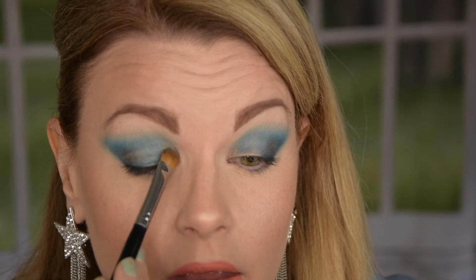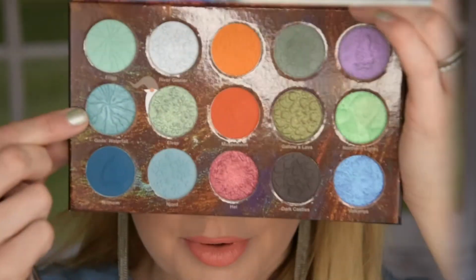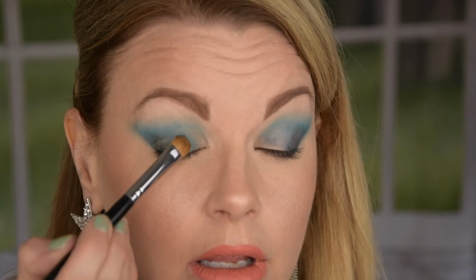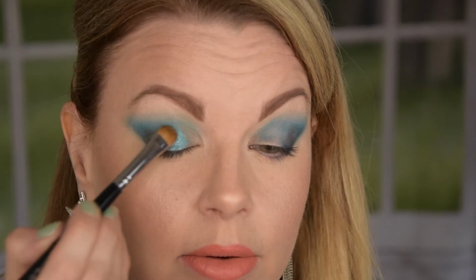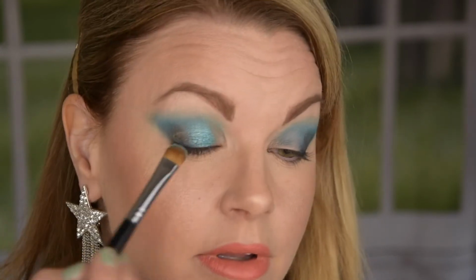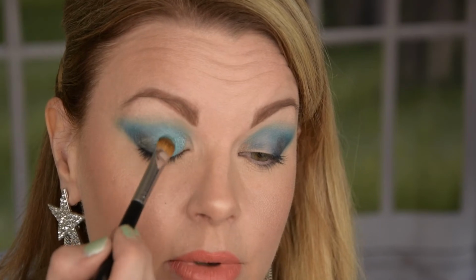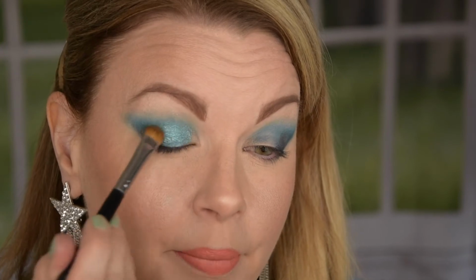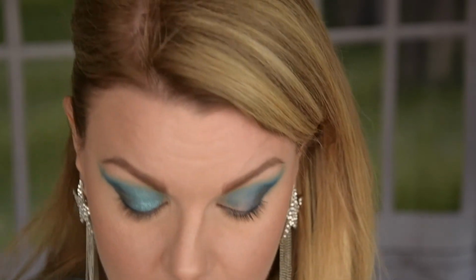Now I'm going to take my NYX glitter glue and I'm going to do a half cut crease with this, and then we're going to put some shimmer on. Now I'm going in with this God's Waterfall on the same brush, and I'm going to pack it on here. This is so beautiful. And I'm going to save the inner part here because we are, oh, now we have a little bit of fallout. We're gonna save the inner part for that